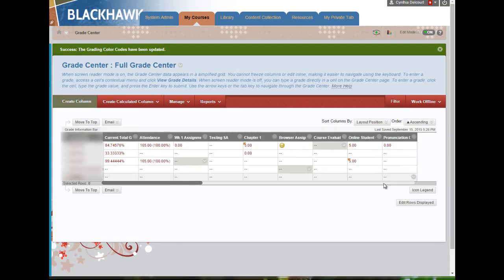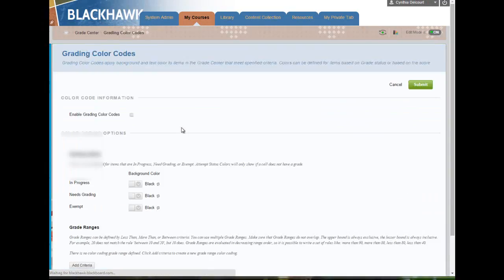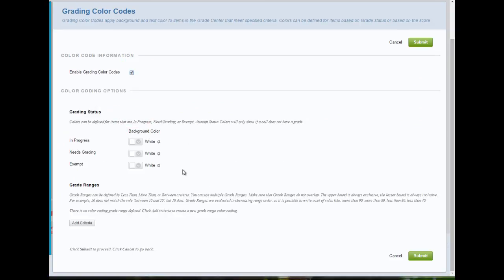So you can see that there are some grades in here. There's a total column. The grades aren't weighted in this course. And so to access the color codes, we're going to click Manage from the toolbar at the top here, Manage, and go to Grading Color Codes. First thing you want to remember is this top option, Enable Grading Color Codes. If you don't check this, then whatever you configure in the rest of the options won't display in the Grade